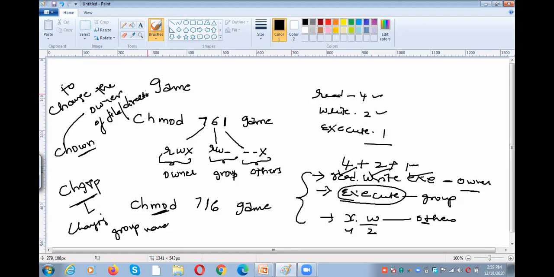So these are the commands. Whereas chmod means changing mode or permissions, both are same. Right? So likewise we can protect the file from other persons, right? So the owner has the ability to change the permissions.